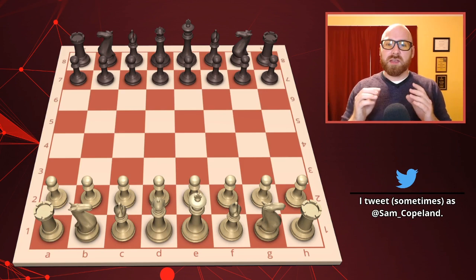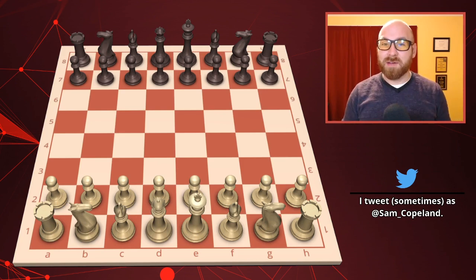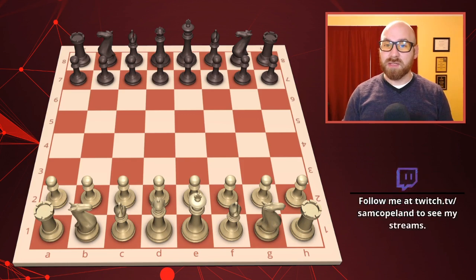Fascinating person. So this game was a 5-minute game, but it's not a 5-minute game as we would understand it today. Instead, it was a unique format that was popular at the time where you could spend as much time as you wanted on any one move, but the total time you had spent could not exceed the total time your opponent had spent by more than 5 minutes. So if you're in the middle game and you've both used 30 minutes, then the amount of time you have to think on your next move is up to 5 minutes, since you cannot exceed your opponent's total thinking time by more than 5 minutes. Fascinating format. I'd be interested to see a game with that format today. In any case, let's get into the action here as Lasker takes on Thomas.